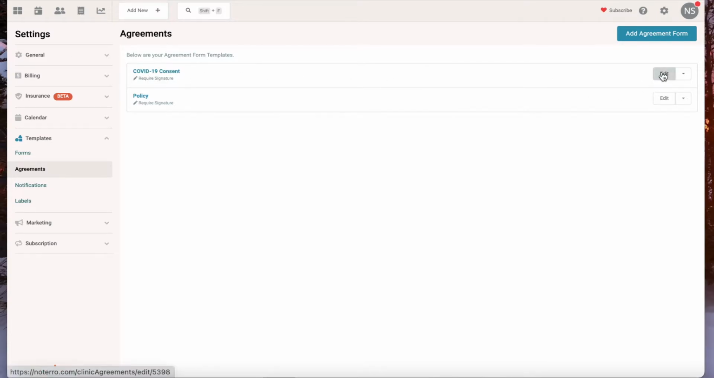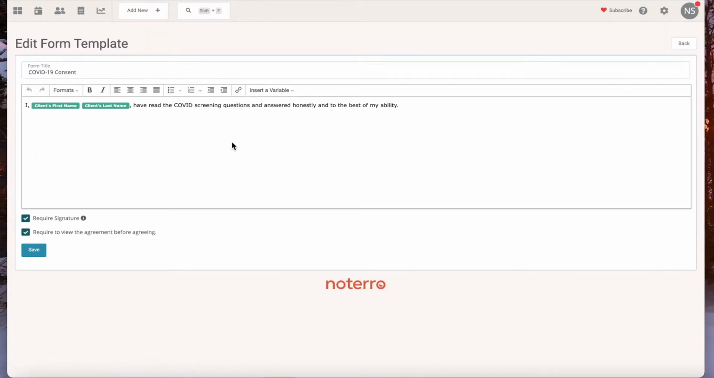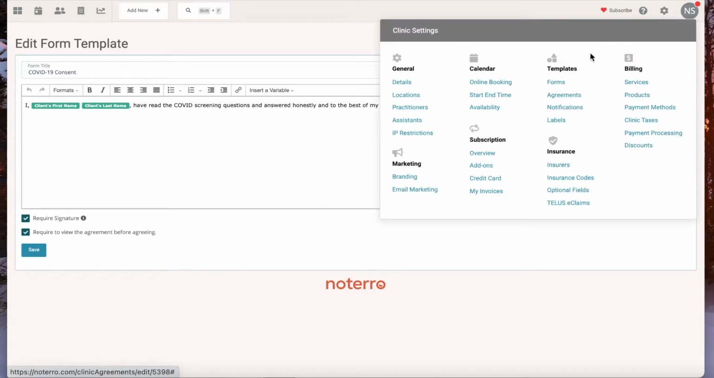So if I open this up, I had two variables, and it says I, client's first and last name. So it'll grab those names from the database. So if the person's name is John Smith, it'll say I, John Smith, have read the COVID screening questions and answered honestly and to the best of my ability. And I'm going to require a signature, and they have to actually click on the form before they can agree to it. So I'm going to go back to my forms,